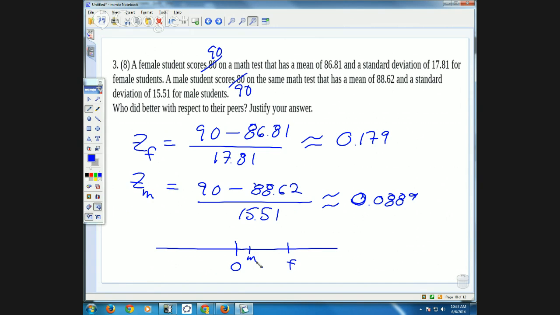New question. Which data set is more spread out? Why? Oh, no, in general, right? So forget about this for a minute. Forget about the 90. Which data set is more spread out, the males or the females? Females, because